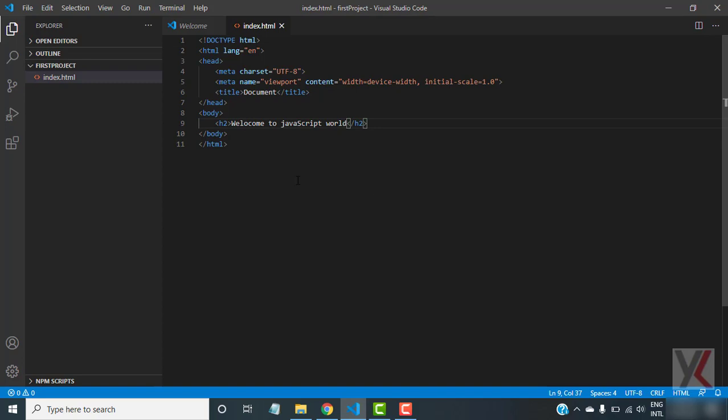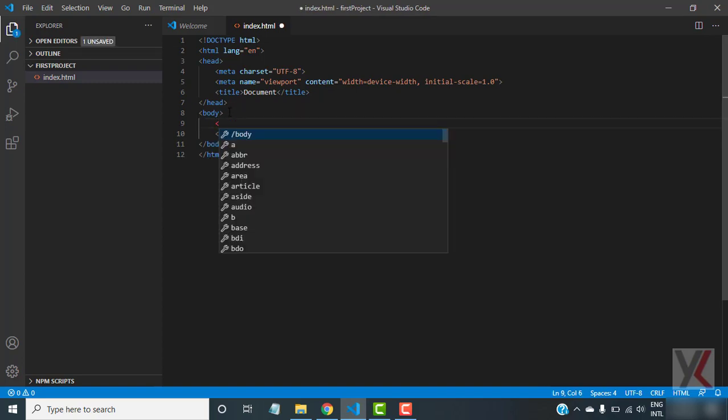This is the normal HTML. Suppose we want to render this text upon clicking a button. When we click a button, this text should come. So what we'll do here is